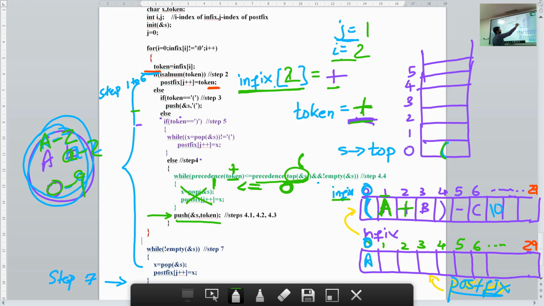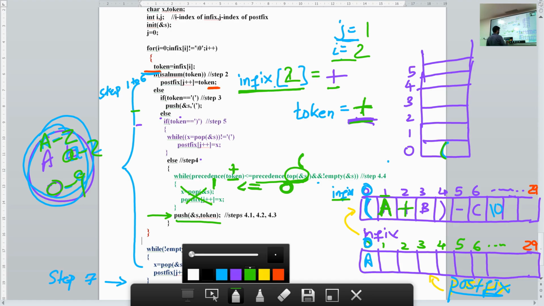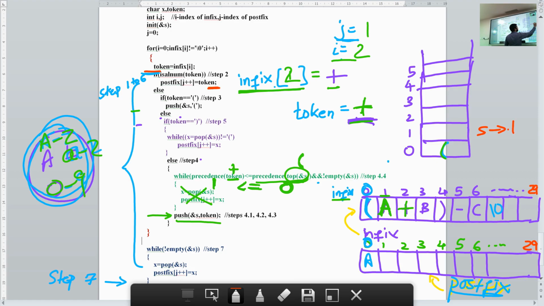So what is your token? Plus. When you are pushing your token on the stack, increment your top value. Top value will be incremented and write it here. Top value is now 1. And you push your operator on the stack. So your token is pushed on the stack, that is plus.